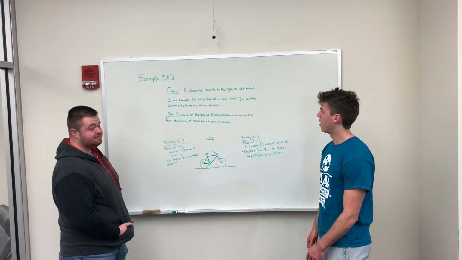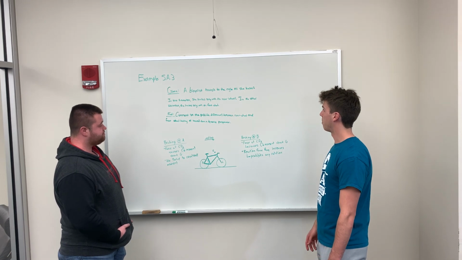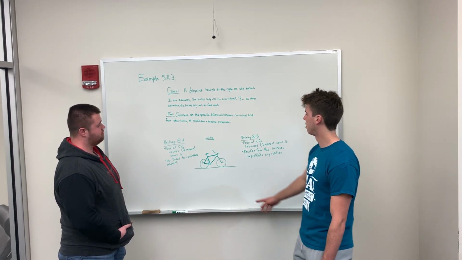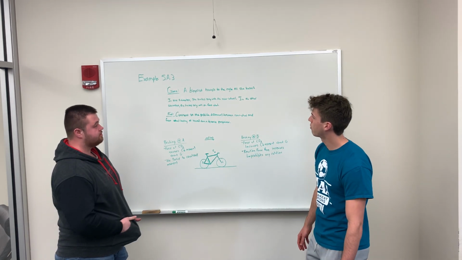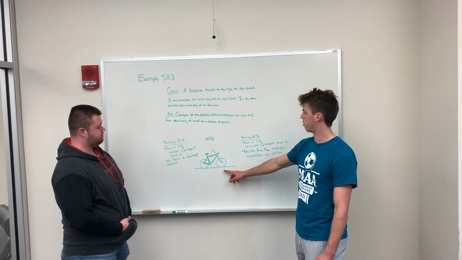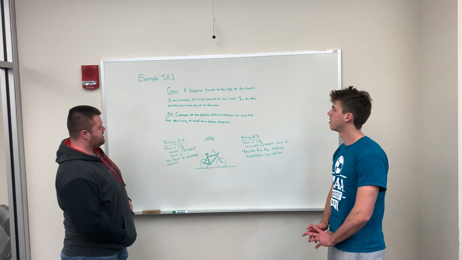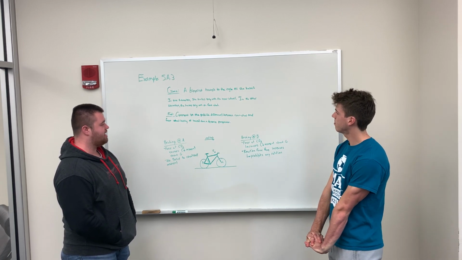So we had example 5.A.3, and this is what the given reads. A bicyclist travels to the right as she brakes. In one situation, she brakes only with the rear wheel, which we designate as rear wheel B. And in other situations, she brakes only with the front wheel, which we designate as wheel A. And then our find reads, comment on the possible differences between rear wheel and front wheel braking as viewed from